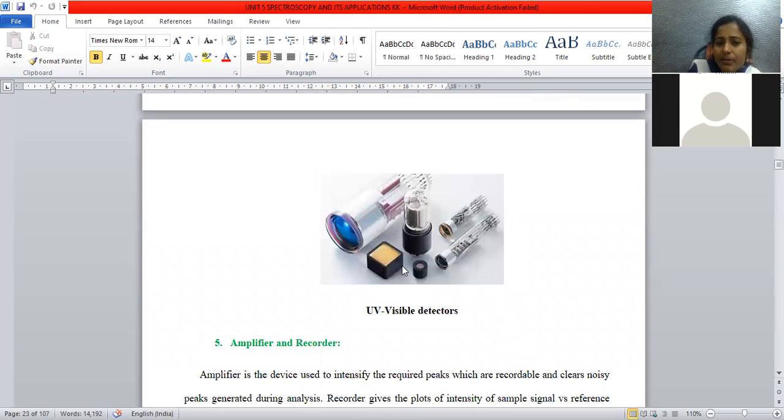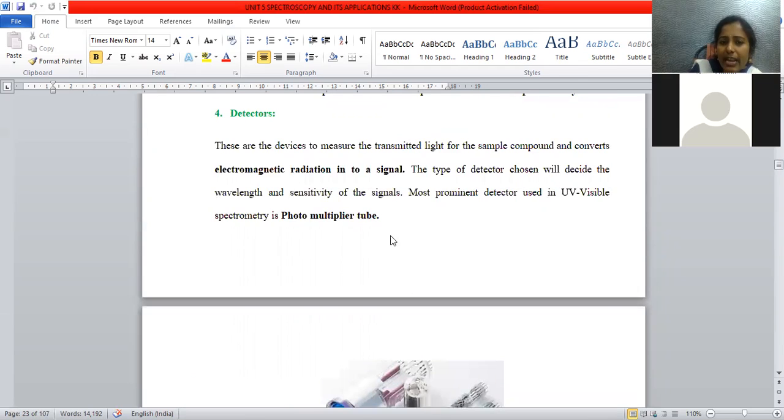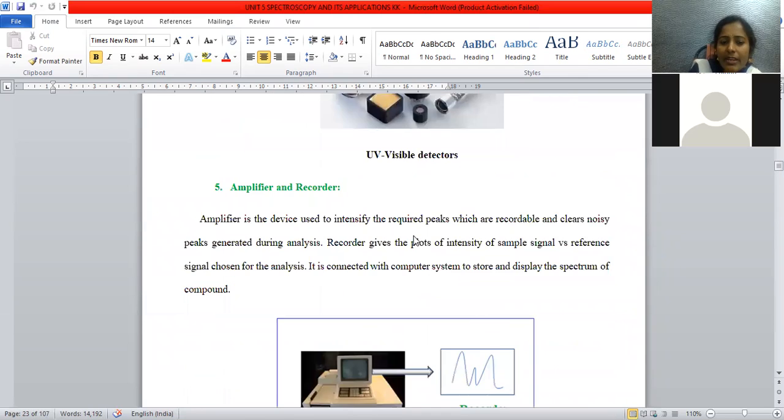These are the various possible detectors that can be applied; they range from very small to larger ones. Any one kind of material can be chosen, but the activity of those detectors remains the same.